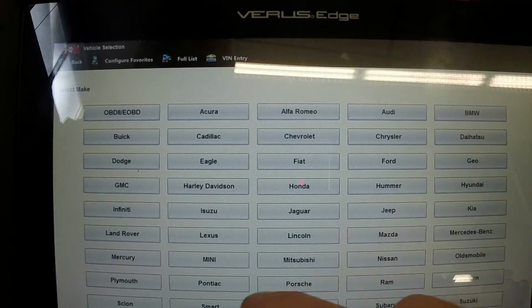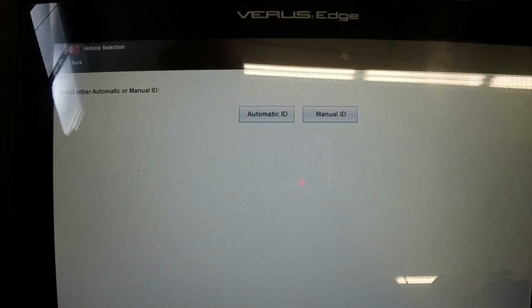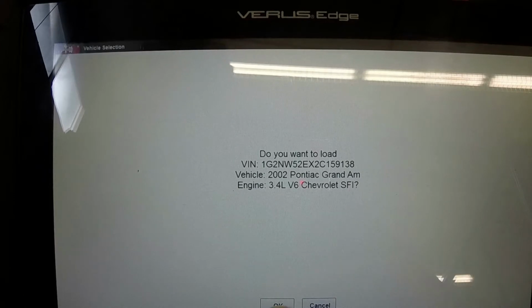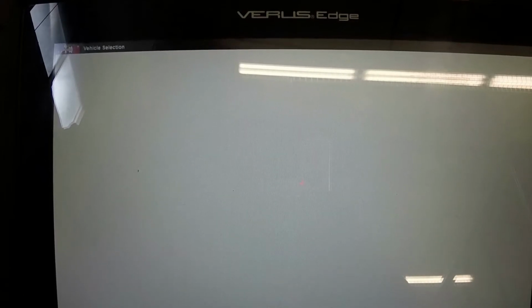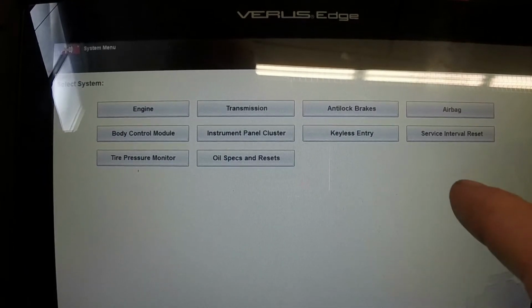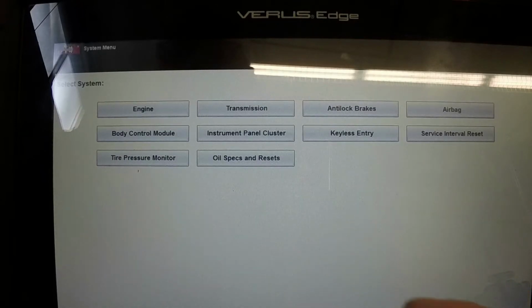special tests or active tests, or there's all kinds of different labels that they use for it. So right now I'm just using the automatic ID to identify the vehicle, so I don't have to punch in all the different information. So on this one we're going to look at engine,